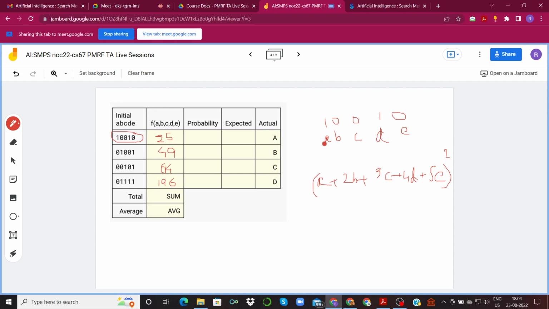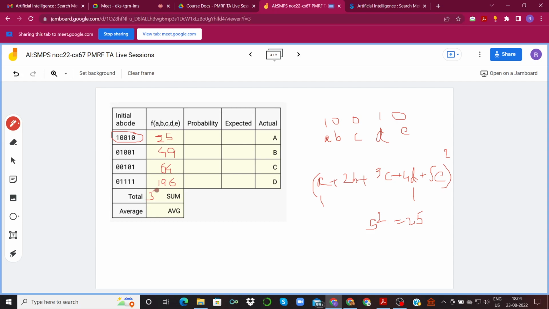So if we just put in these values of a, which is 1, and d, which is 1, and all of this are 0, we are getting basically 5 square, which is 25. So was that helpful? Yes, thanks. Okay, great. So if that is clear, we can just straight away calculate the sum.